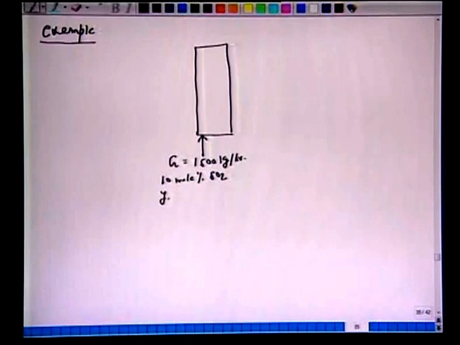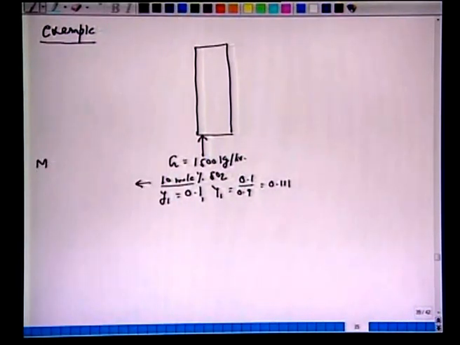We should immediately write y1 equal to 0.1, and capital Y1 equal to 0.1 divided by 0.9, to obtain 0.111. Since this is 10 mole percent sulfur dioxide in air, we should be able to obtain the average molecular weight as 0.1 into 64 plus 0.9 into 28.8 for air, to obtain the average molecular weight of this flue gas as